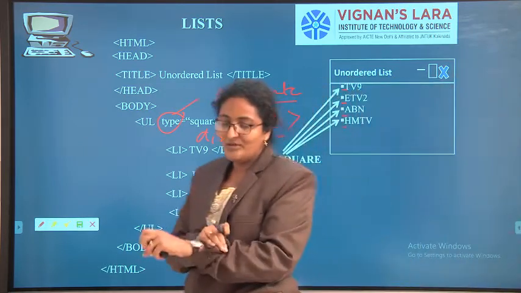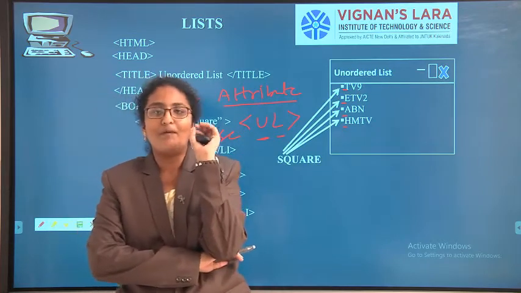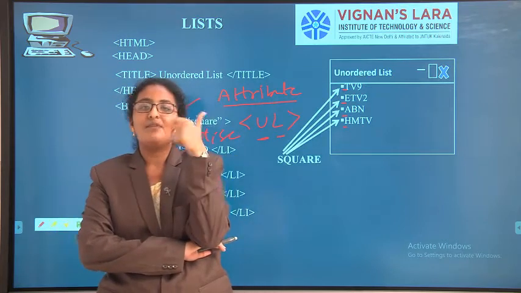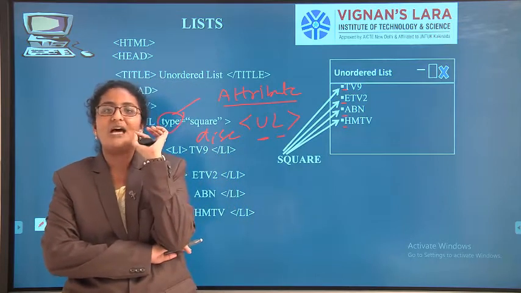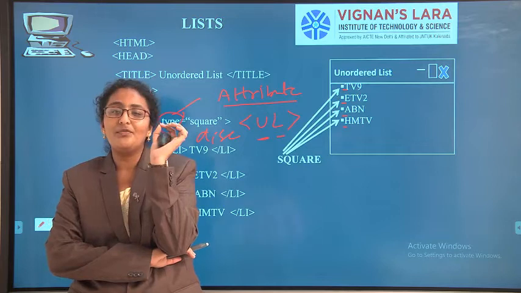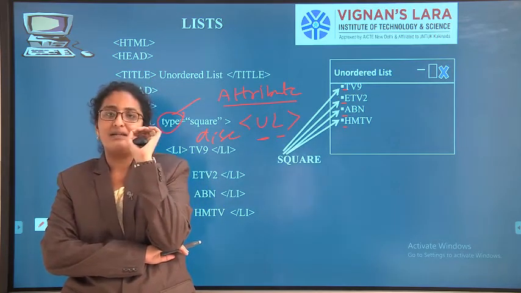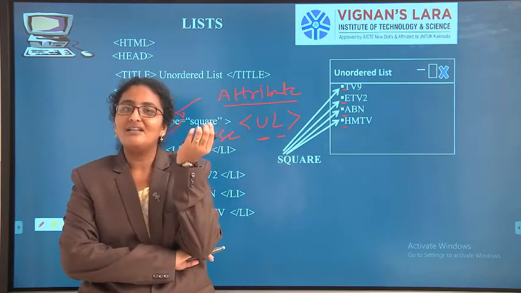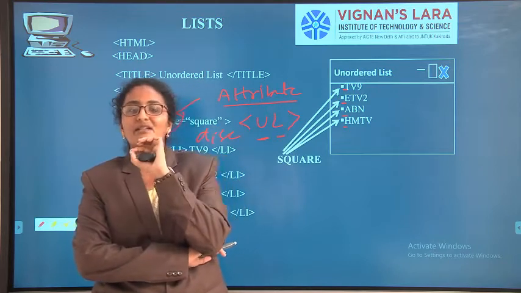So let us conclude now. What we have discussed today, we have started Unit 1 of Web Technologies. Unit 1 will have two chapters. First chapter is HTML, second chapter is CSS. HTML is Hypertext Markup Language used for designing the front end of web pages, static web pages. CSS is Cascading Style Sheets, that is to add beauty to web pages.